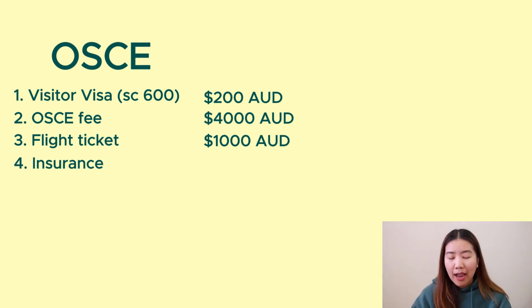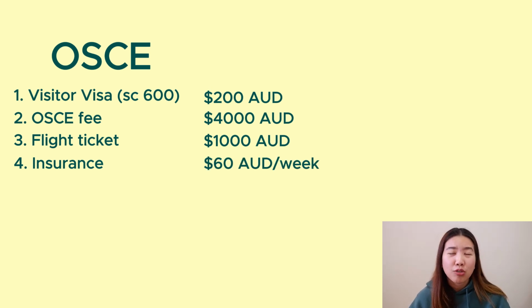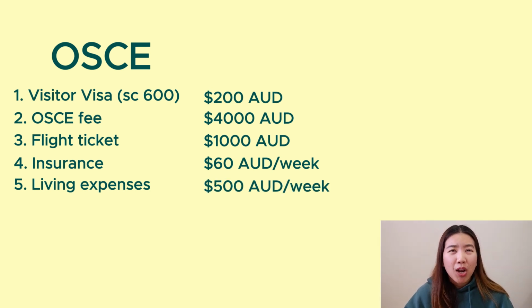I also applied for insurance because I wasn't sure what was going to happen while I'm staying here in Australia. I paid for insurance for about a week and it cost me 60 Australian dollars. Then you also need money for your living expenses. On average, I prepare $500 a week. It can be more if you want to travel and explore more in Australia as well. It can cost less if you don't want to go anywhere and just stay in a hotel,